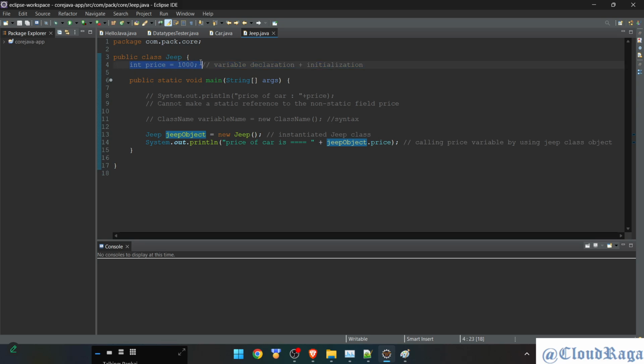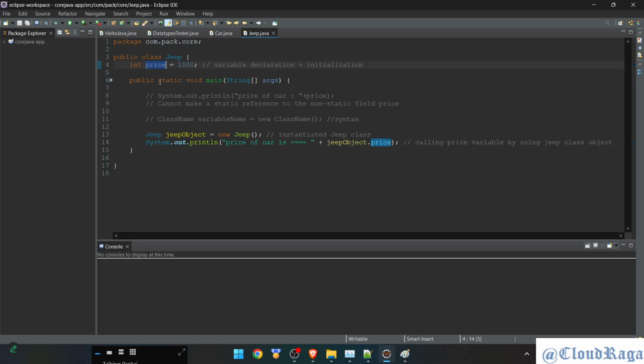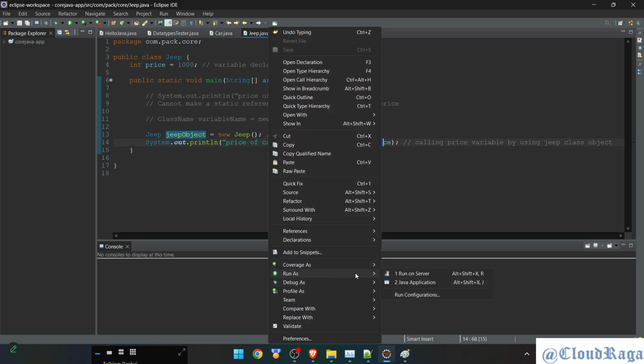So right now, only two things are part of the Jeep class. One is the price variable, second is the main method. If you watch it this way, we just have two things inside the Jeep class, a variable and a method, the main method, which is the entry point in Java code. And inside the main method, I created an object of the Jeep class and tried to access price, and yes, I am able to access it. There it is. So when I run this code,